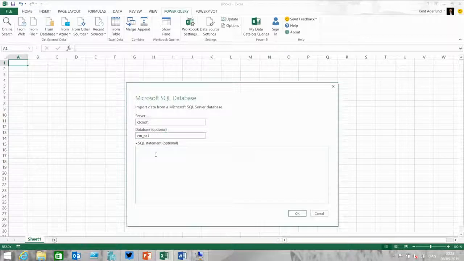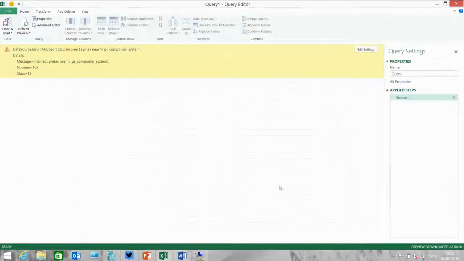Like that. And then for this demo, I'll just do a quick one. So I'm just going to select everything from the computer system view in here. I got a misspell and typo on computer. Again,